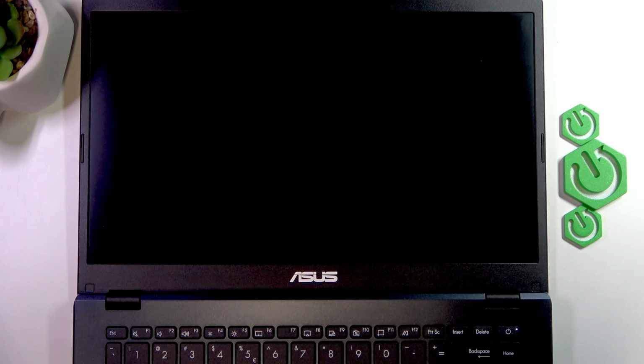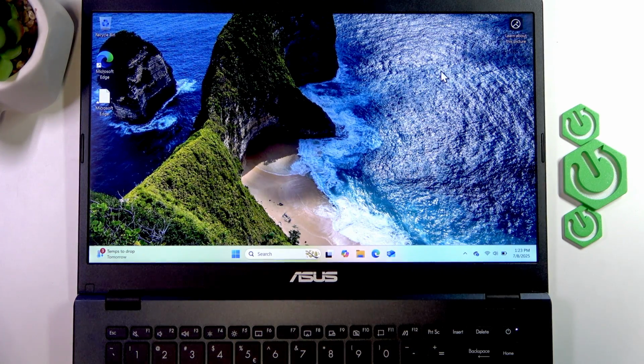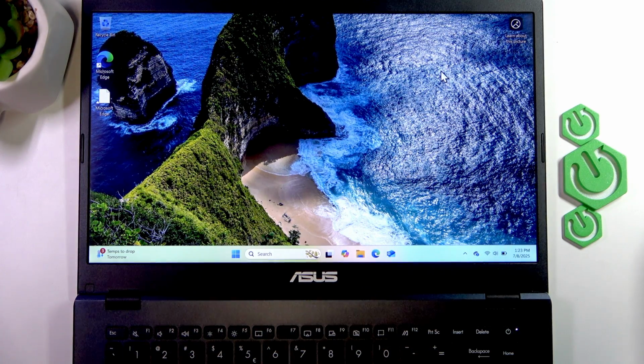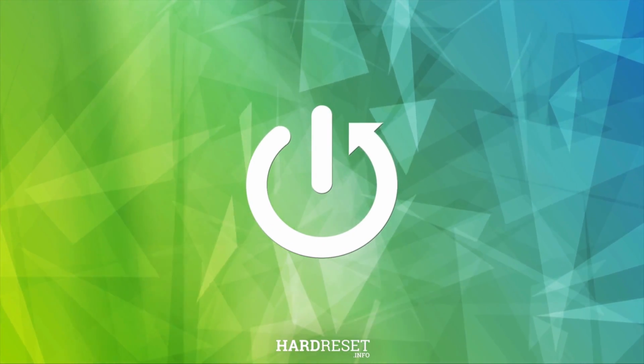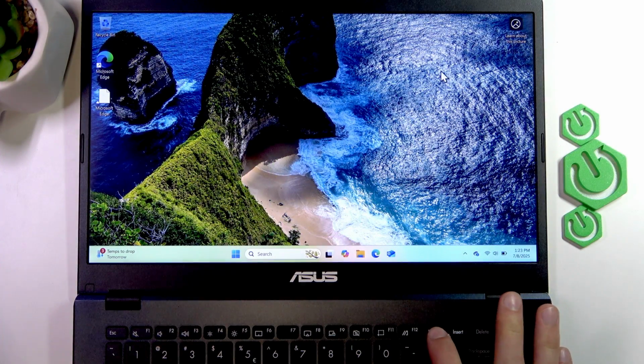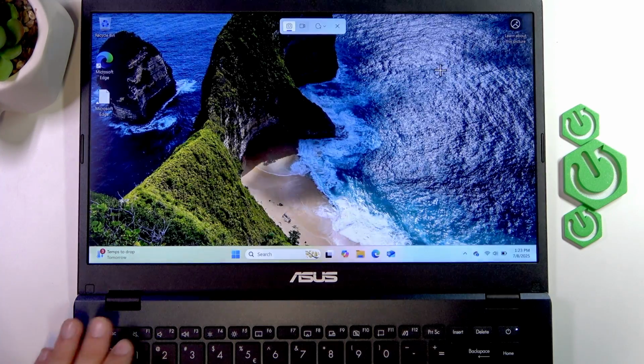Welcome. In front of me is ASUS VivoBook Go, and in this video I will show you how to record screen on this laptop. So to do this, you can either use the print screen button or the F11 button,